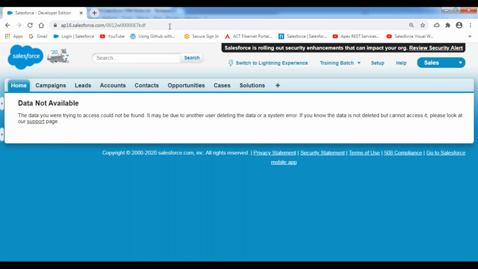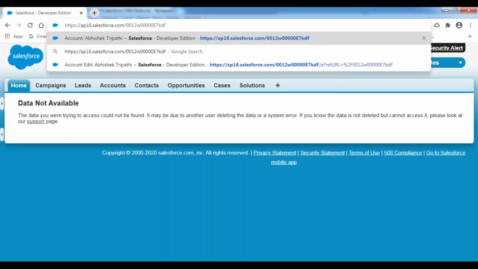So whatever ID has been generated by Salesforce, this record ID is purely case sensitive. Compulsorily, we have to enter the record ID in the same format. Now suppose I enter the capital F and press enter.